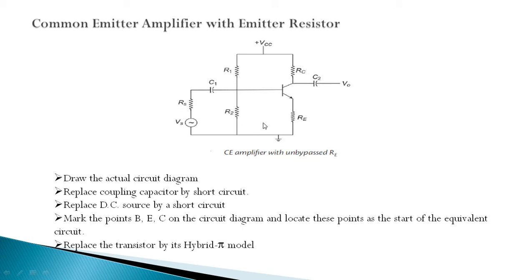So the input side we can draw as Vs in series with Rs, and parallel to that, R1 and R2 parallel resistors are present. Then we are going to replace the transistor base, emitter and collector by its transistor parameters, R pi, and here we are going to use a current gain parameter in the output source, that is beta IB. Here the output resistance R0 is considered to be infinity, so we are going to neglect it in this analysis.